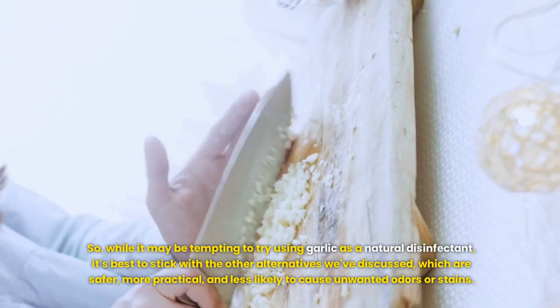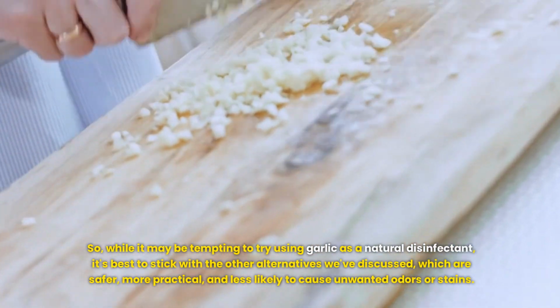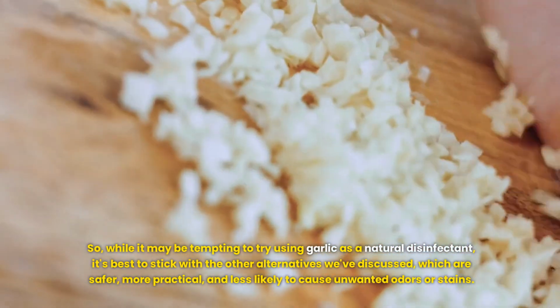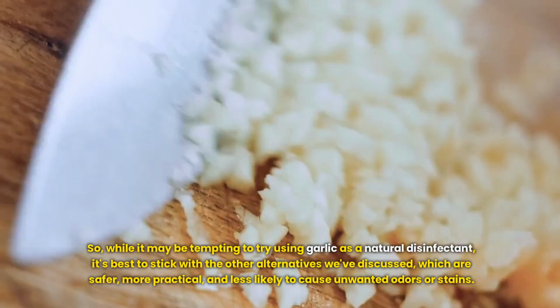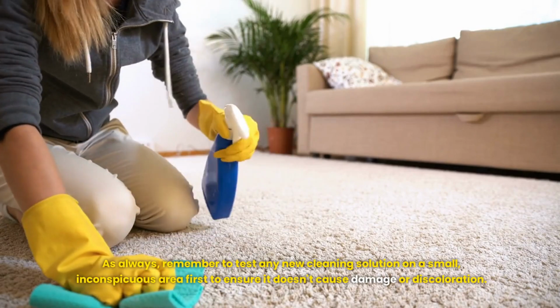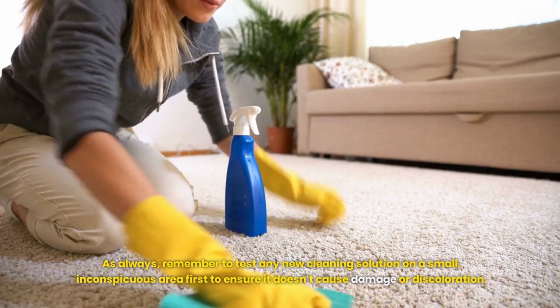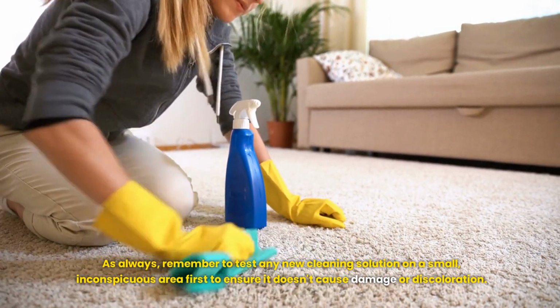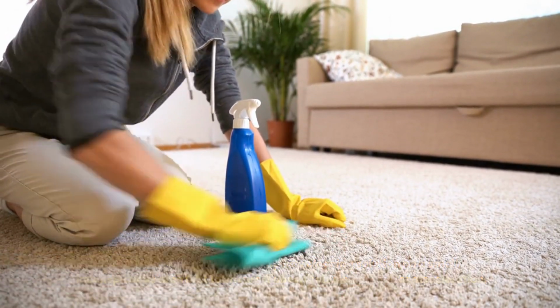So, while it may be tempting to try using garlic as a natural disinfectant, it's best to stick with the other alternatives we've discussed, which are safer, more practical, and less likely to cause unwanted odors or stains. As always, remember to test any new cleaning solution on a small, inconspicuous area first to ensure it doesn't cause damage or discoloration. In conclusion,